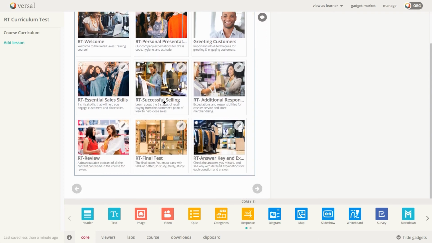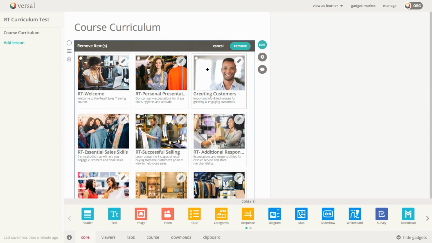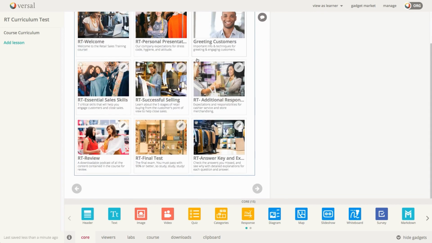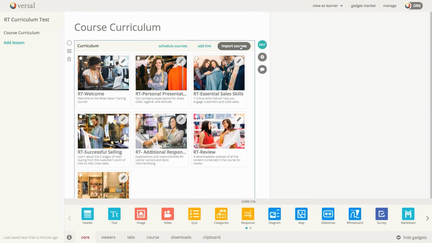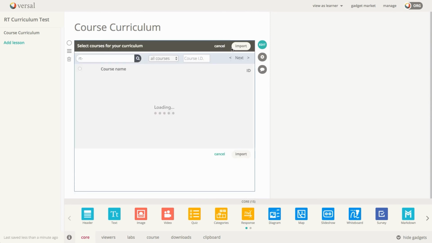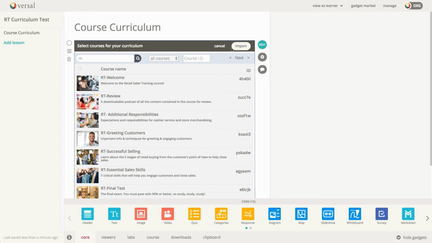Let's take a look at a couple more. Let's get rid of the answer key, and right here up in the top corner, just like that, and click remove, and that will take them out. And if you want to import more courses, you just click import to come back into your course browser, and